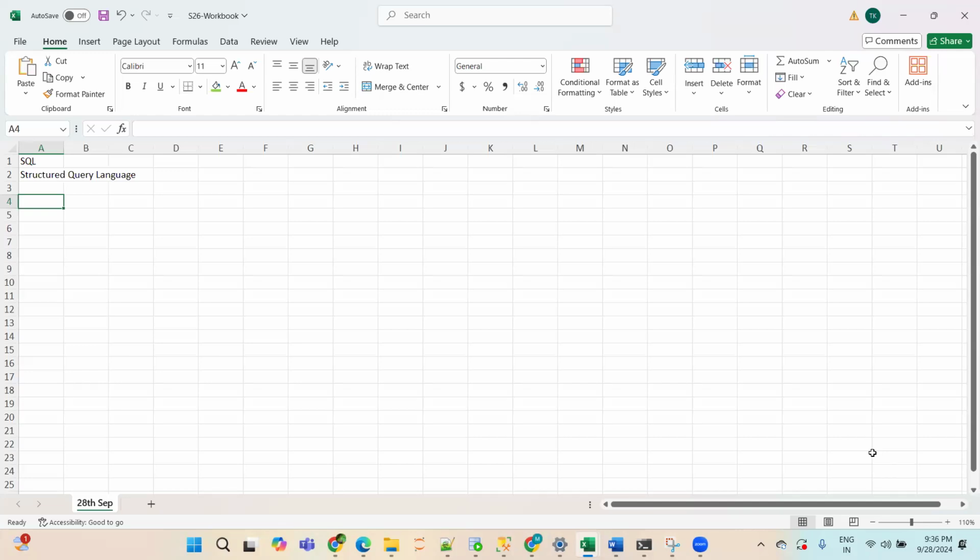Then my stakeholders can ask, give me the profit in 2024 quarter two. Then how the profit is increasing from quarter one to quarter two. Give me the profit in 2023 and compare that with 2024.